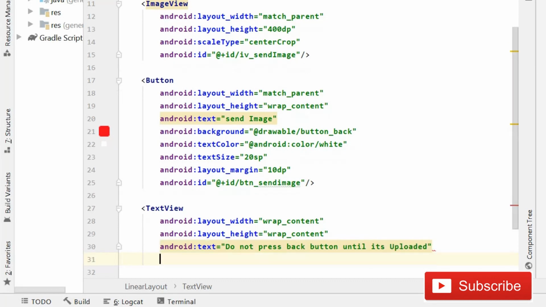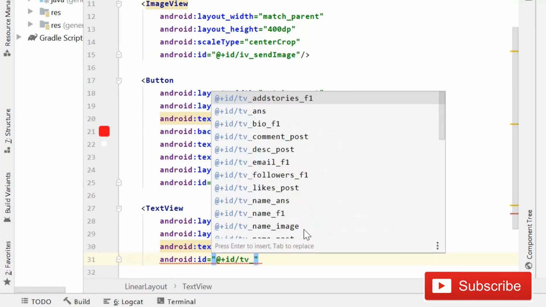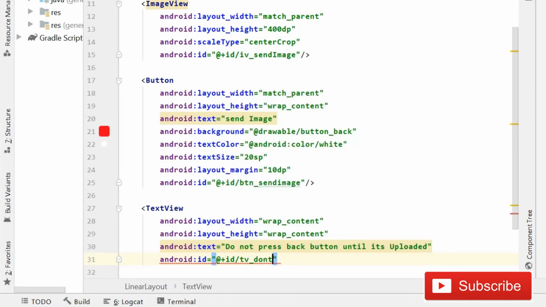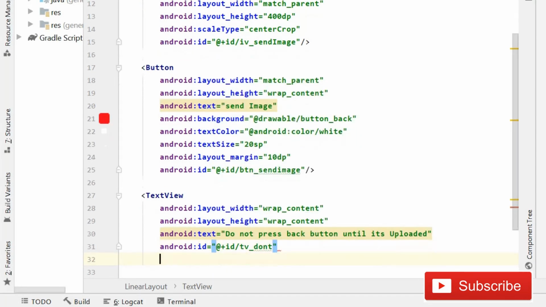So basically what here I'm trying to do is that you should say the users do not perform any operation until the image is uploaded successfully, otherwise it may create problem. So it should be tv underscore, you can say don't, it's fine, tv don't, yeah.